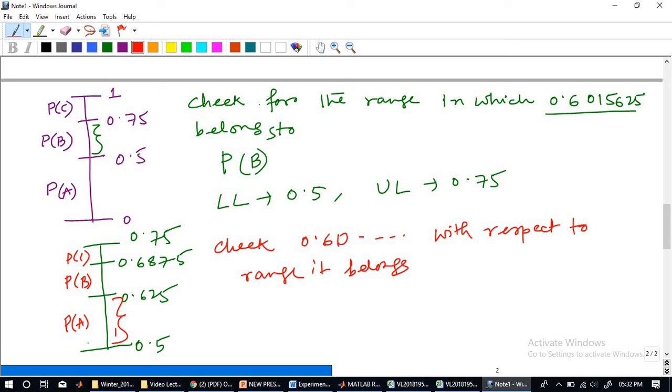After you reach the fourth go, you will stop the decoding process because we have already mentioned that 4-step decoding is only required. Otherwise you will go on decoding the same way because you don't have anywhere to stop. So that stopping point will be given by the 4-step process. So after this you go for C and you decode A as well. But after A, since the question demands the 4-step decoding process, we will stop at that point. Whatever symbols we extract will be the decoded message. So for 0.6015625, we will get the same message back: B, A, C, A.